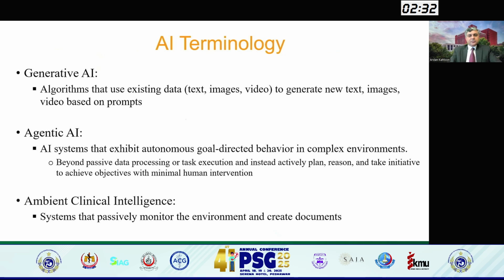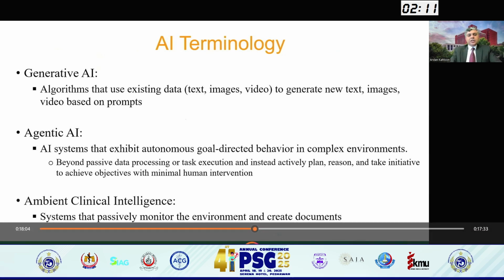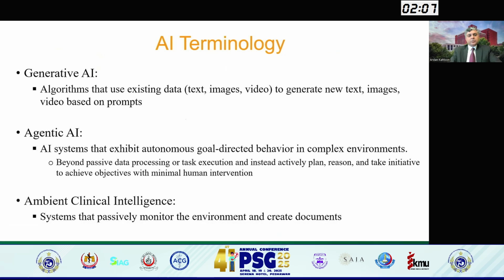But now, over the last few years, in the last 2 to 3 years, we've moved into the field of what is called generative AI, where algorithms can, based on a prompt, generate text and images based on the existing data that is out there. So generative AI is making a huge impact into our day-to-day practice, and I think it's going to continue to have a further impact as we further streamline some of these platforms as well.